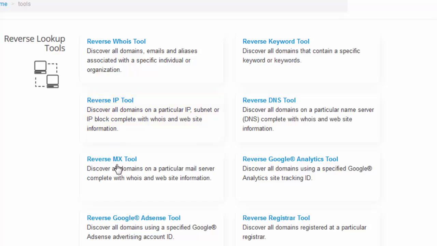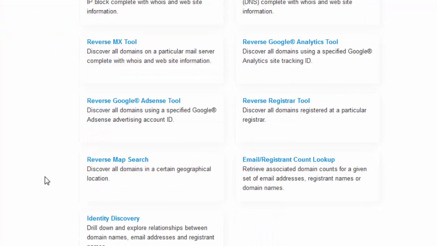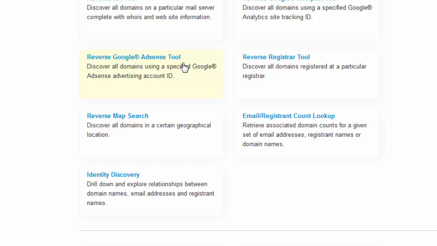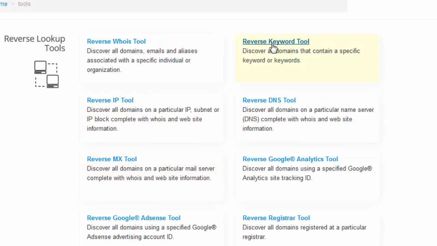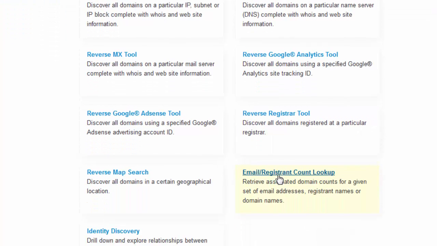Reverse IP tool, Reverse MX tool for mail, Reverse Google AdSense tool, discover all domains using a specific Google AdSense advertising ID, Reverse Map search, Identity discovery, drill down and explore relationships between domain names, email addresses, and registrant names, Reverse Keyword tool, discover all domains that contain a specific keyword or keywords, Reverse DNS tool, Reverse Google Analytics tool, Reverse Registrar tool, so you can discover all domains registered at a particular registrar, email registrant count and lookup,